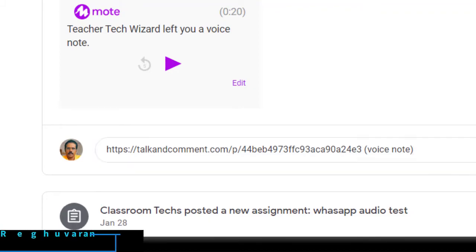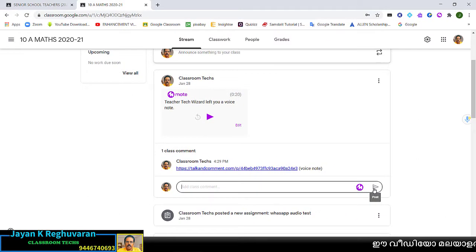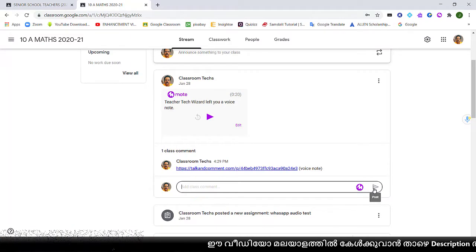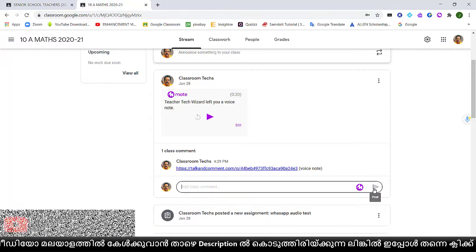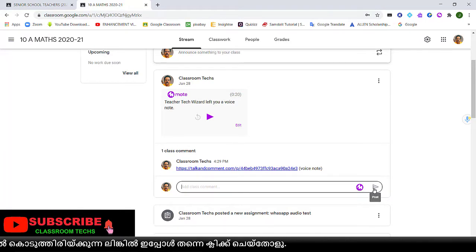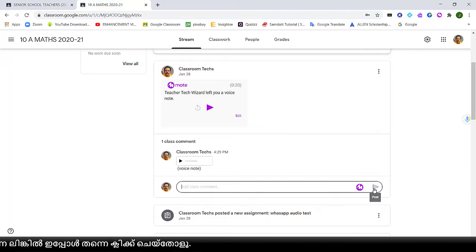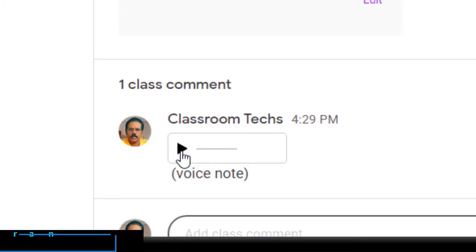When you post this, it will change into a button. Okay, that link, children will get a note like this link. In the same page, they will get one button. When they click on the button, they can hear the comment directly. Only thing we have to paste. No need to copy, automatically it will be copied, but we have to paste this link in the page. And in the children's page, it will change into a button. Now you can see here the button. Okay, not the link, it is changed.